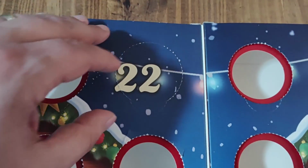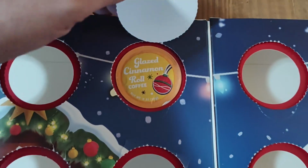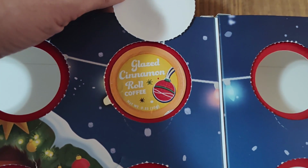Right? So hey, what did the Barissimo 2023 coffee advent calendar give us today on day 23? Well, let me show you. Day 22 of the Barissimo coffee advent calendar is glazed cinnamon roll. Right? So,